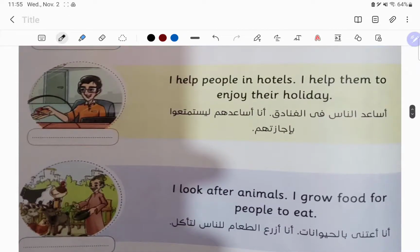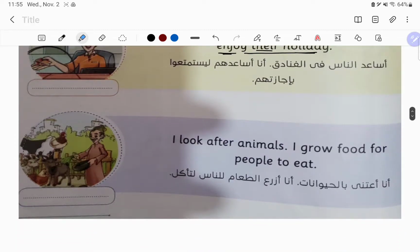Over here, the concierge. Excellent. I'm glad you guys remembered him. What does the concierge do? Well, he helps people, and that's what he says. I help people in hotels. Remember, guys, this is not hotels, it's hotels. I help them to enjoy their holiday. One more time. I help people in hotels. I help them to enjoy their holiday. Perfect. Our last man here,